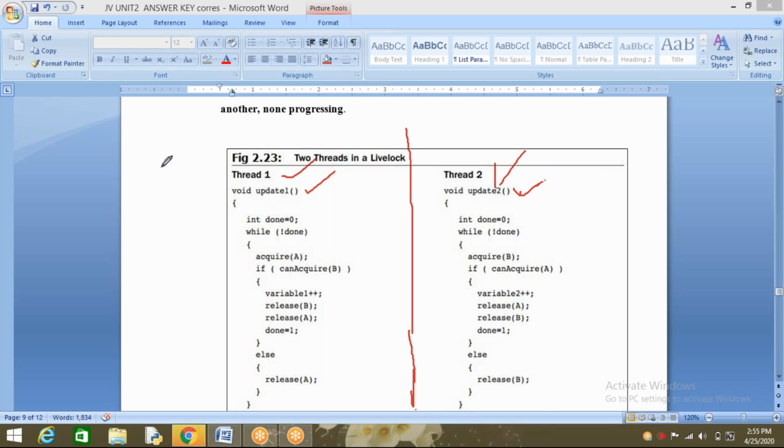So done equal to 0. What does that mean? Before this, no job has started. That is what done equal to 0 means. So here also you are going to initialize the variable done equal to 0. Okay, so while not done: